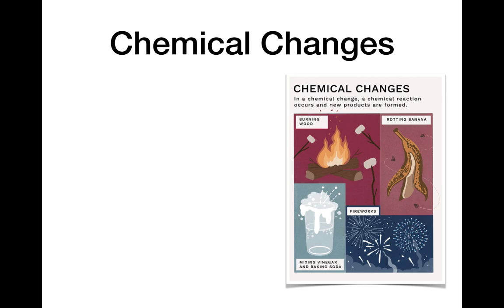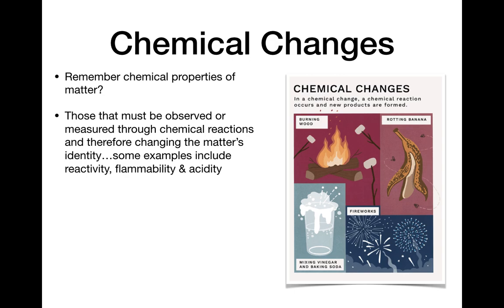Okay, let's talk about chemical changes. So chemical changes and chemical properties are linked, just like physical changes and physical properties are linked. So what are chemical properties of matter? Do you remember that from a previous chemistry course? Well, chemical properties are ones that you can only observe through changing the matter, through a chemical reaction. So we change the matter's identity, that's what we have to do to see a chemical property, and we can't